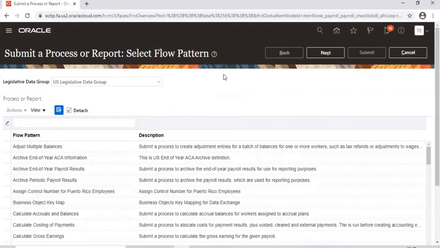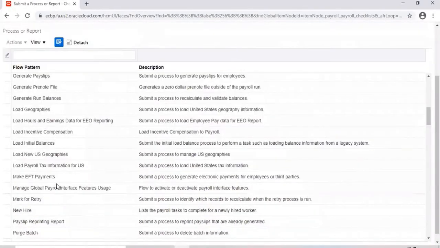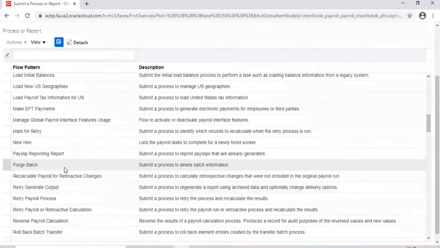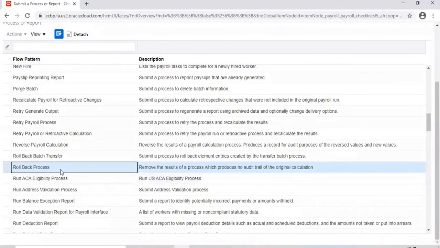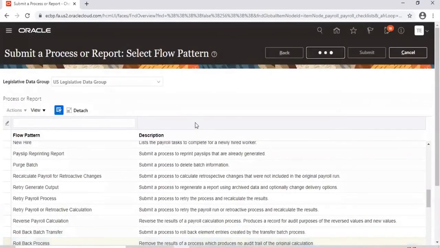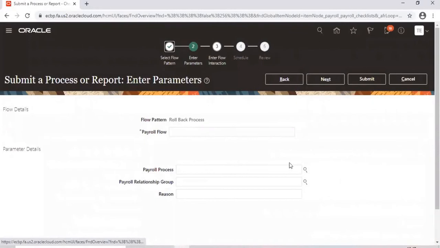Right now, no. Okay. And suppose we need to roll back the whole process. Yes. The rollback should be done in a sequential order like we have done? Let's suppose calculate payroll, then we need to roll back that, then we need to roll back the next. Is it like that, or is it just one program or one process that we need to run? No, it's one process. Look at this rollback process. But when you are running it, it will ask you which process you want to roll back.